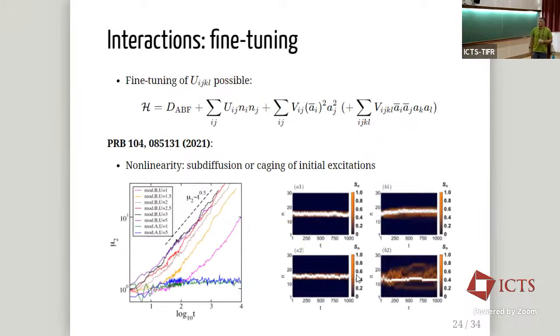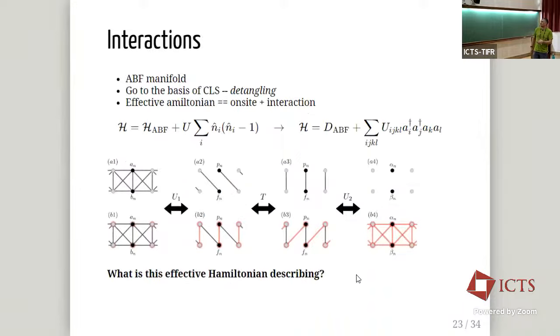So again, the main observation is that further fine-tuning of this generic interaction is possible. If you go into this effective model, what you find is just the original on-site energies, so this is the diagonal single particle part, plus, generically, you will find some horribly looking two-body interaction terms, which comprise both the density-density term and, generically, density-assisted hopping or pair moving.